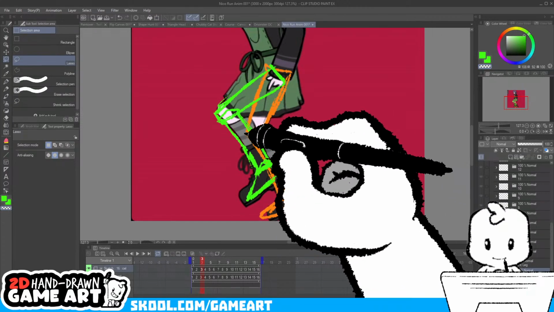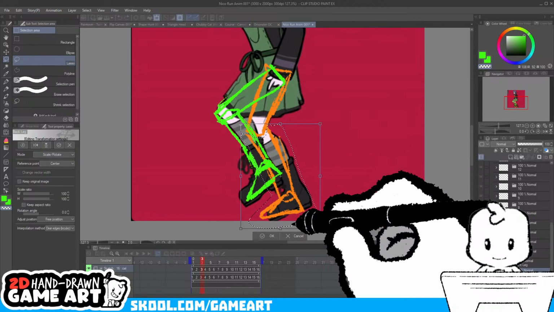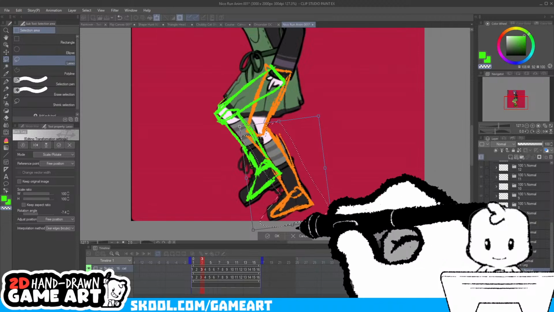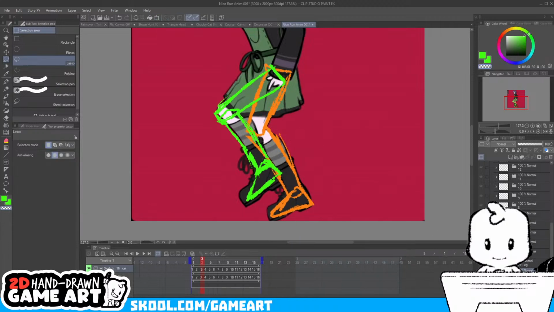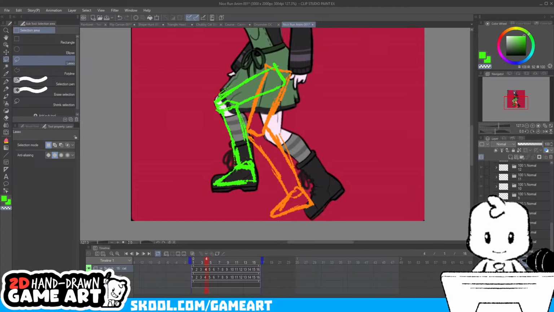So we need to copy and paste some new layers back in. Yep, that's what I meant. This layer is no good, but we can just paste in the old layer. Just like that.